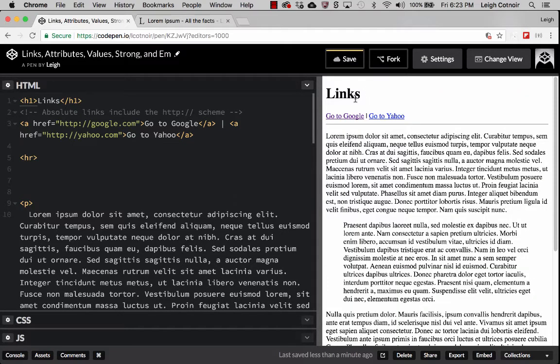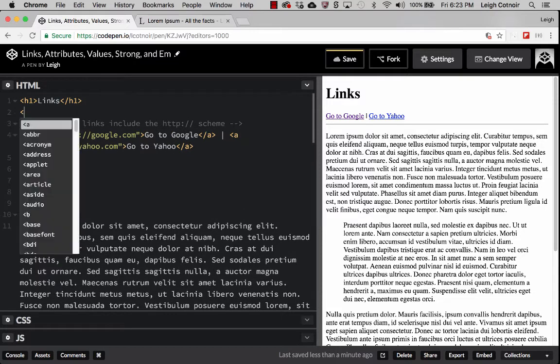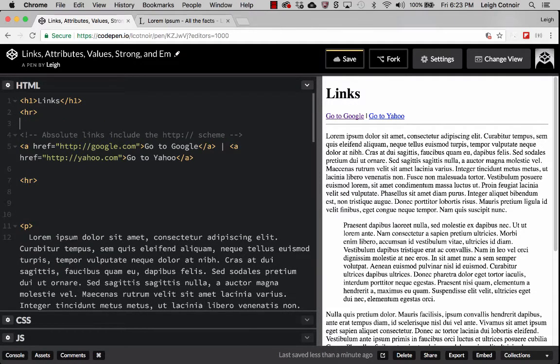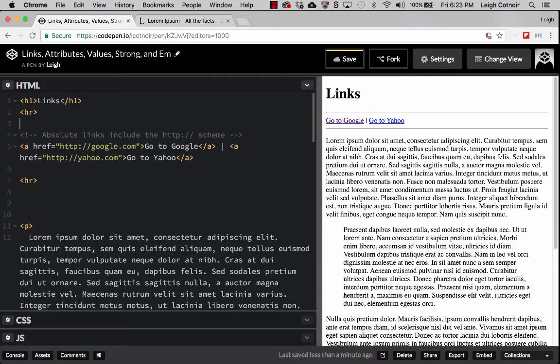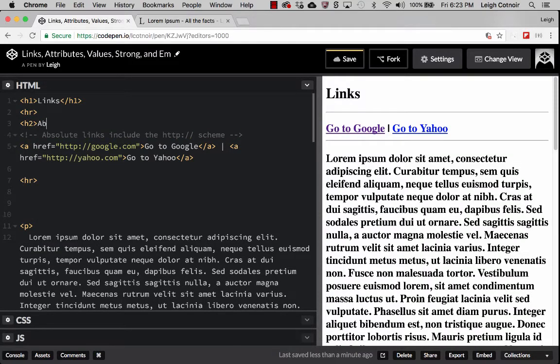Okay, and so I've got a title for links, and then I'll put a horizontal rule. Okay, and then the next thing that I can do is I'll have an H2, let's say. I'll put absolute links like that, and I'll end my H2,